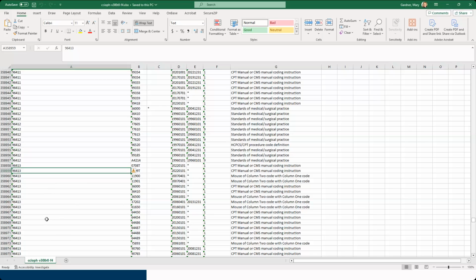So again, we're going to look at column F, which is the modifier field. If we scroll back up to the top, and I'm not going to do this because I just want to stay in this area, the very top of this gives you some information on the modifiers. If there's a 0 in this column, that means a modifier is not allowed. If there is a 1 in this column, that means it is allowed. A 9 means it's not applicable. So for our purposes, I want to look specifically at